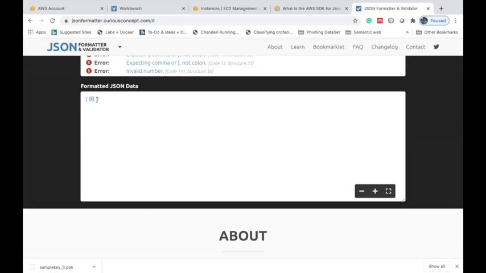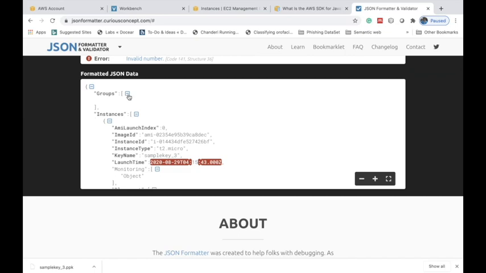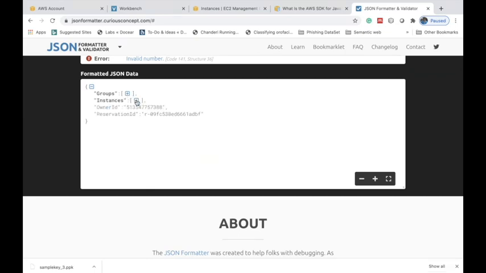So how do I interpret this JSON file? A JSON object is usually enclosed by open and closing curly braces. If you are new to this, just understand that JSON objects are usually enclosed in open and closed curly braces. Inside this data, there are two different arrays: one is a groups array and the second is an instances array.